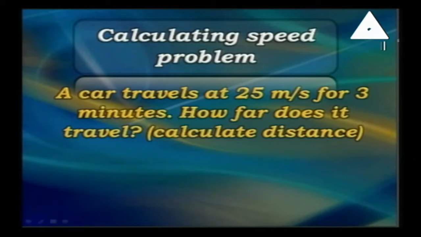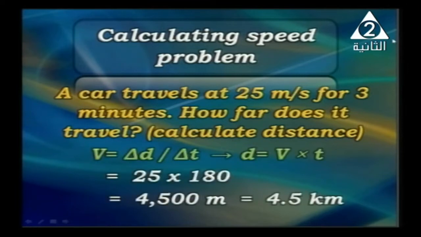Here we have v equals delta d divided by delta t. And from the rule before, we have distance equals v times t. So the distance equals speed times time. We have the speed, it's 25 meters per second, and we have 3 minutes. What's meant by 3 minutes? 3 minutes must change into what? Into seconds, right? Why? Because I need the measuring unit of time to be the same in both parts